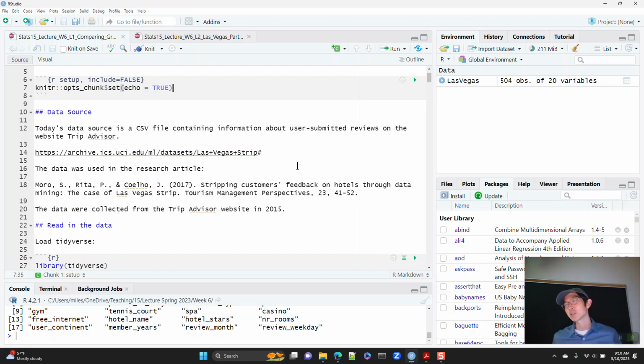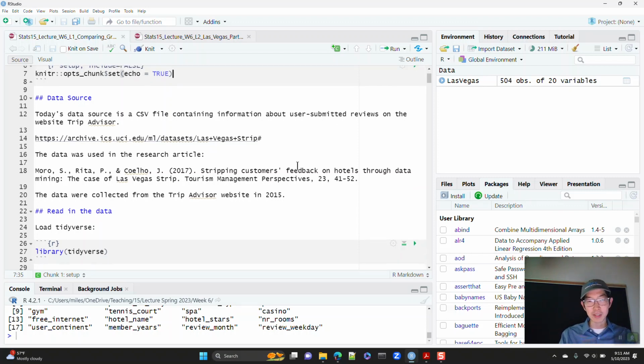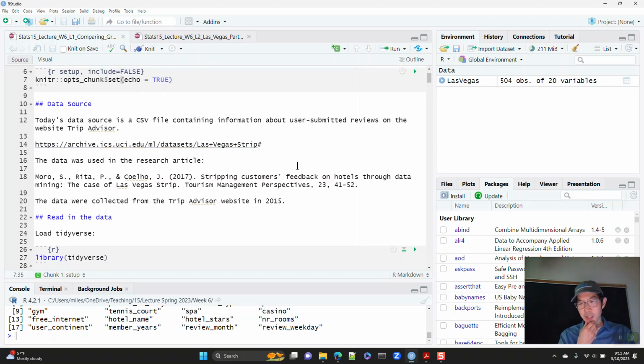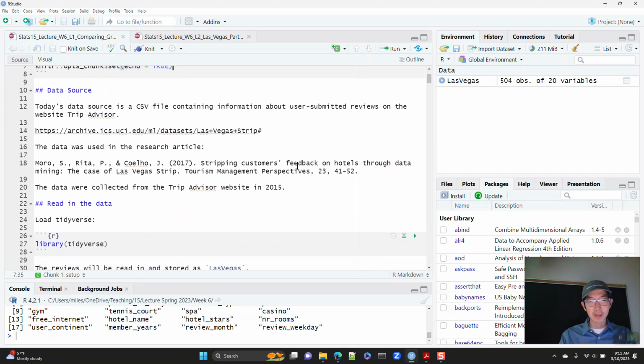It asks you to investigate the distribution of values for some of the variables in there. And that's an open-ended thing. So homework 3 is up, and you can take a look.